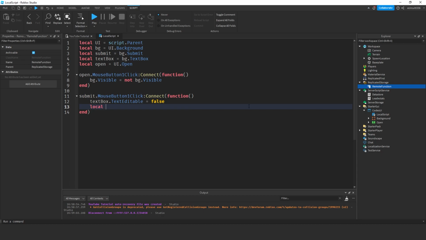Okay, so let's say local message equals, and this message is going to be the text, what we get back from the text box. So when they click submit, the text box will send us back one of three texts: invalid code, redeemed, or already redeemed. And this message is what that text is. So this message will either be already redeemed, redeemed, or code invalid, one of those three. So to do that, we're going to say game.ReplicatedStorage. I'm going to rename this remote function to SubmitCode. So it will be